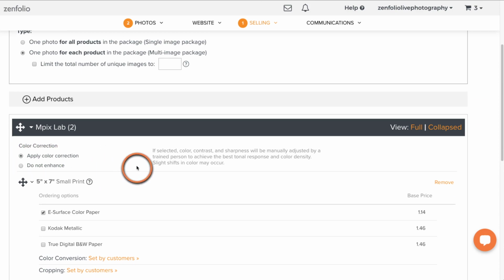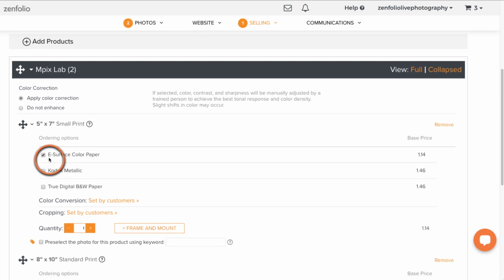The important thing is that you remember this setting, because when we add these to a price list and we add a la carte items, we want to make sure that we build that price list coming from the same lab with the same options so that everything stays consistent all across the board. Okay, so now that we've got that color correction option set up, we're going to go down here, and there are other paper options in here you can offer to your clients. Again, I like to keep things simple and streamlined.